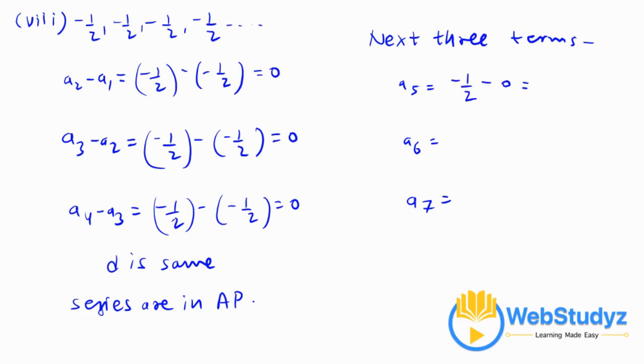So this will be minus half. Again checking A6, that is minus half minus 0, which will give us the value of A6 as minus half. Again calculating the value of A7, which is minus half minus 0, which will give us the value as minus 1 by 2. So move on to the ninth series, that is